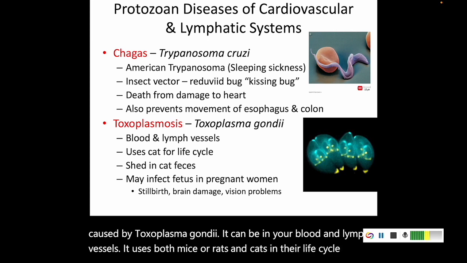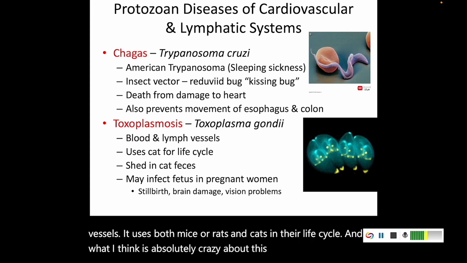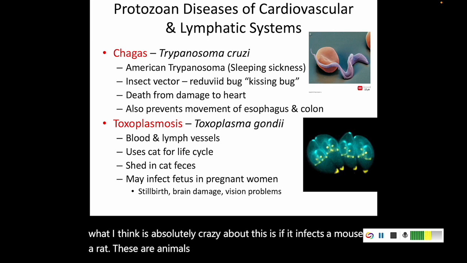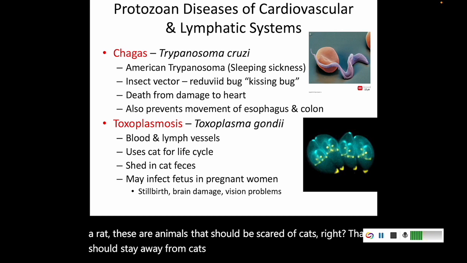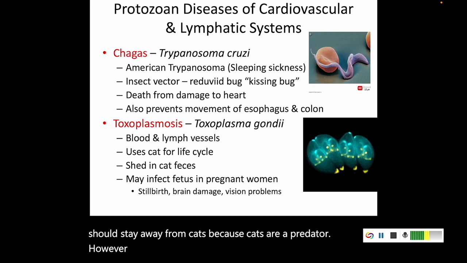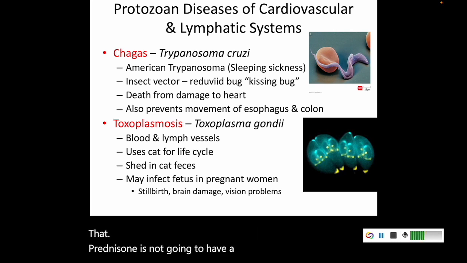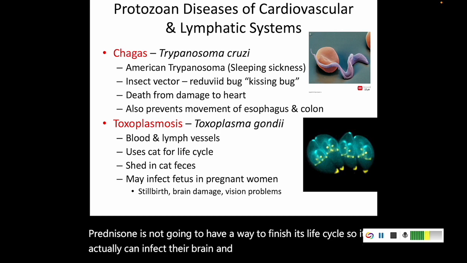And what I think is absolutely crazy about this is if it infects a mouse or a rat, these are animals that should be scared of cats, right? That should stay away from cats because cats are a predator. However, if the mice are staying away from cats, that protozoan is not going to have a way to finish its life cycle. So it actually can infect their brain and change their behavior to where they are no longer